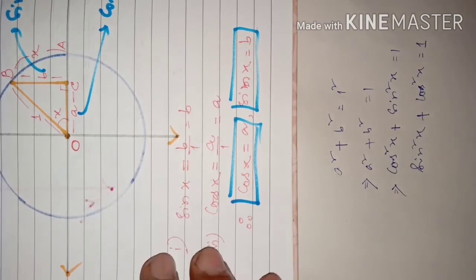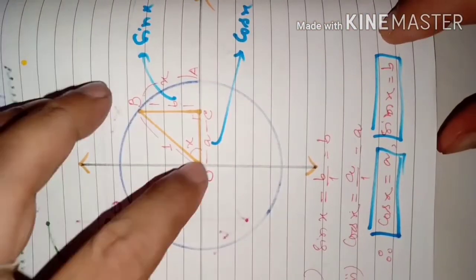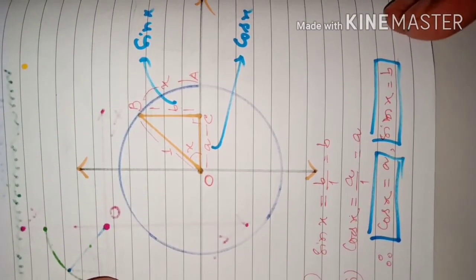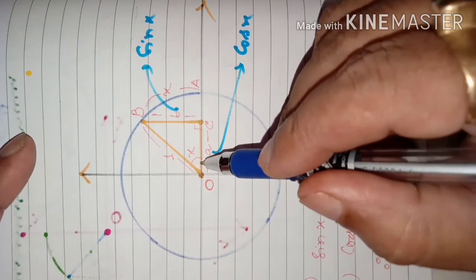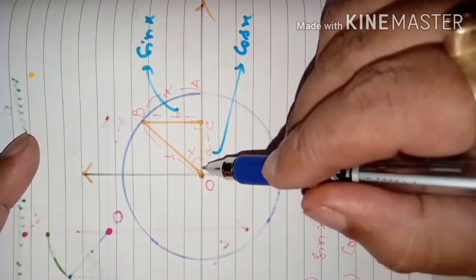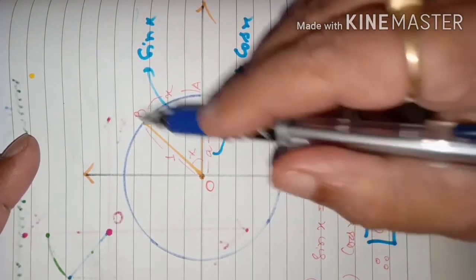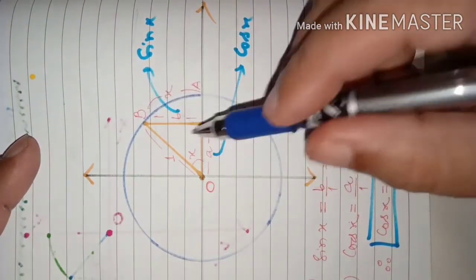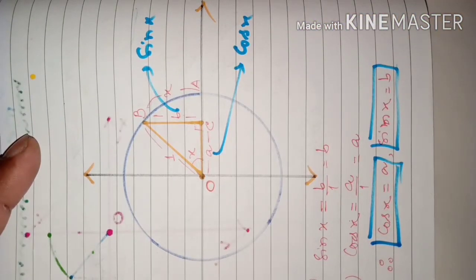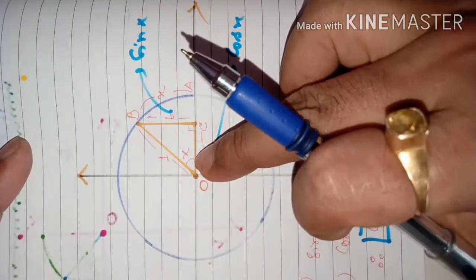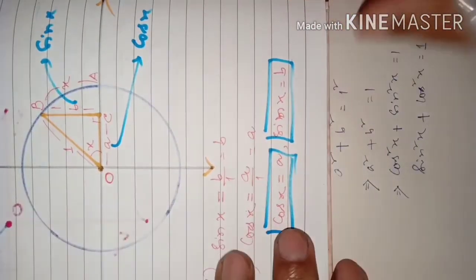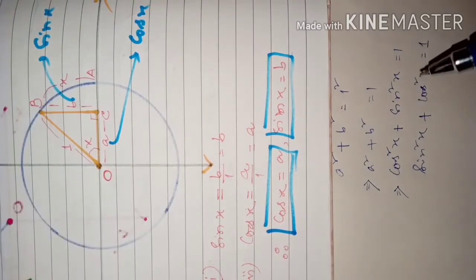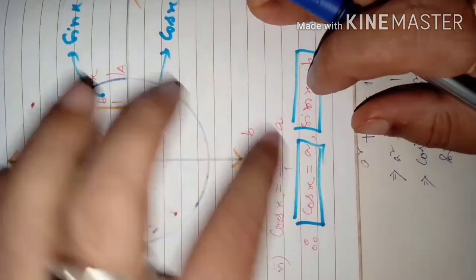You may think, if we change the radius, will it affect this ratio? It will never affect, because you will form similar triangles only. Similar triangles means if this is increased to 2 times, then the base also will increase, and the perpendicular also will increase. So it will not affect the ratio, because you will form similar triangles only if you keep the angle the same, x. So sin x will always be this perpendicular, and this will be cos x. Got the idea? For a unit circle we are talking now.